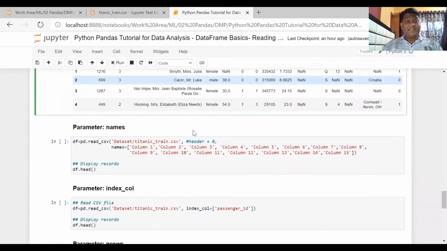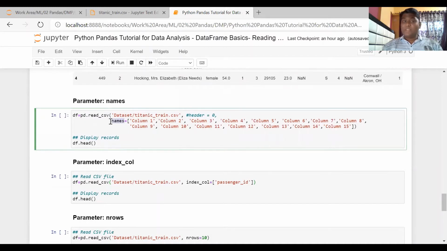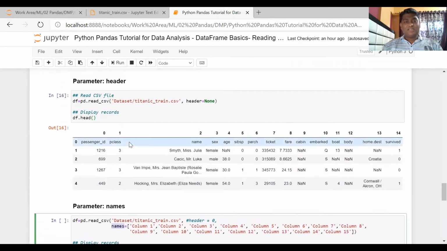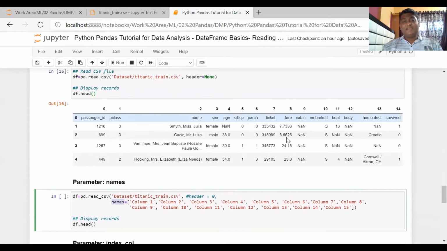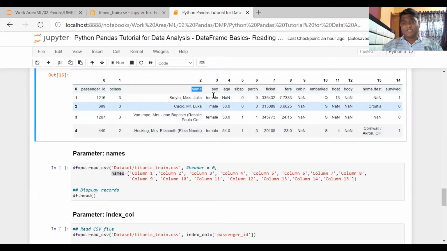Next one is names. There is another parameter called names which you can use. Whenever you read CSV data, suppose you want to give the header your own names. Suppose your data has some header but you don't like that header, and you want to change it.